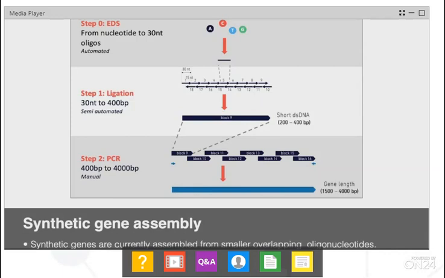And enzymatic synthesis has the potential to generate long sequences that are otherwise out of reach using standard chemical synthesis. And while I must highlight that this potential has not yet been realized, it's our eventual aim to use enzymatic synthesis to print entire genes and genomes in a single run. And for me at least, it's really this potential that most excites me about the enzymatic DNA synthesis technology of